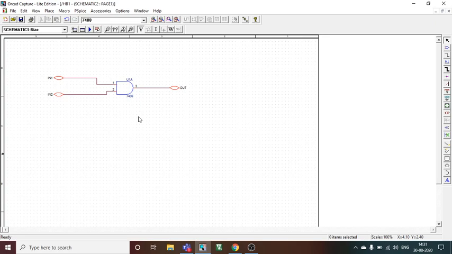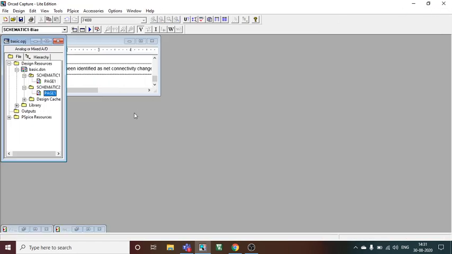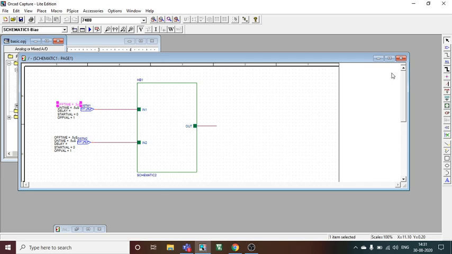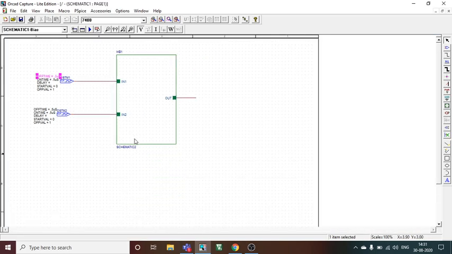So now the circuit is complete, and it is actually well matched with the hierarchical block. We don't have to give inputs over here. We have to give inputs only in the hierarchical block. So I will just minimize it and go back to my hierarchical block in schematic 1. Once done, I will have to now simulate this. You can check I in 1, I in 2, out, which was same in schematic 1 diagram. So these two are relatable. They are matching with each other, and hence I should not get any errors as such.